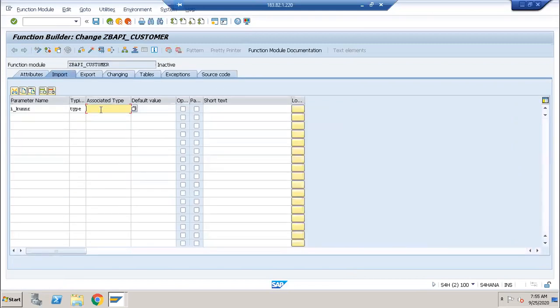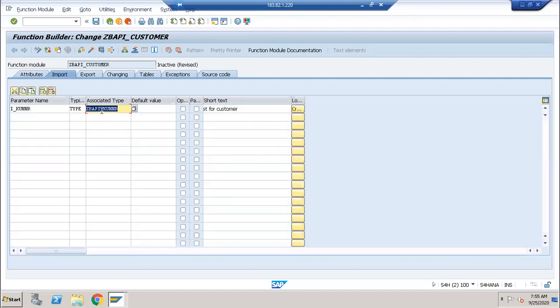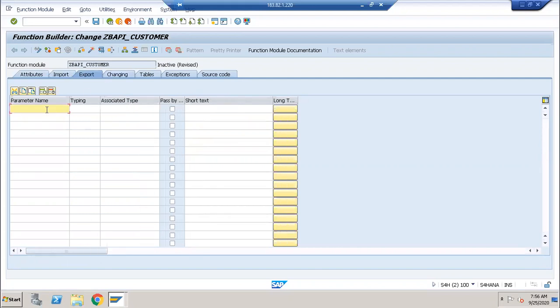Here I am passing the structure name, ZBAPI_KUNNR. In this ZBAPI_KUNNR, I am taking only one field, that is customer number. The name must and should start with ZBAPI. Fine. And in the export tab, E underscore.